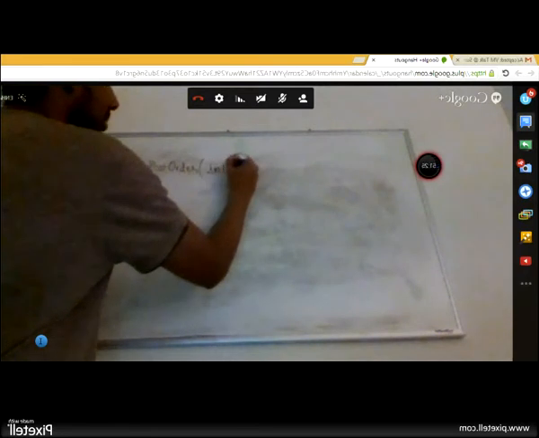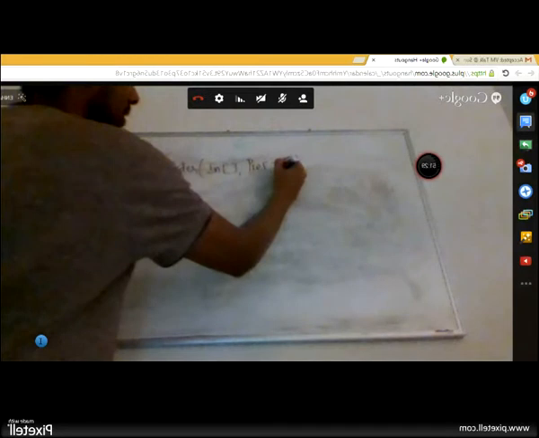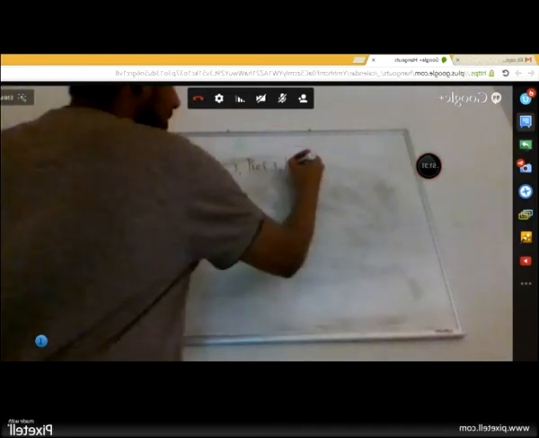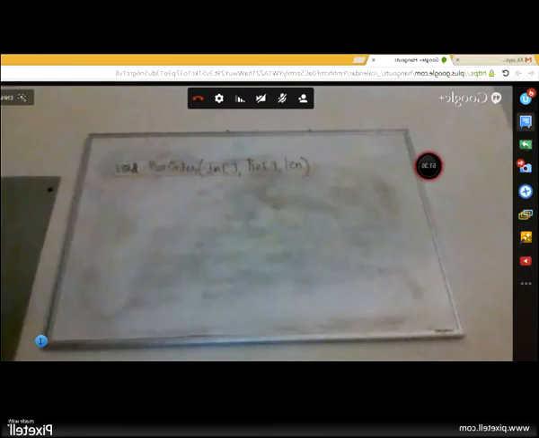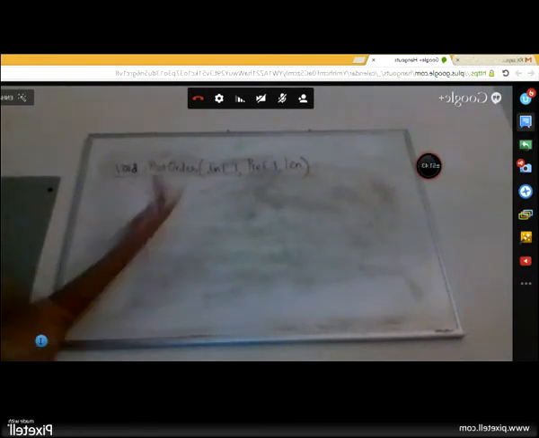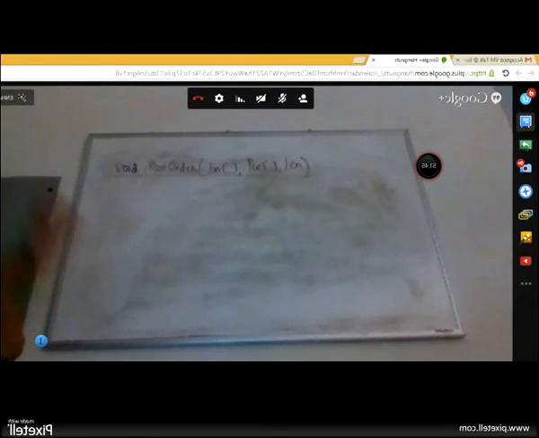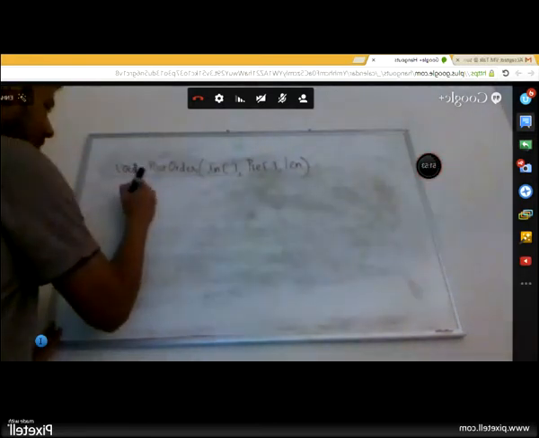Let's say I accept an array in, an array pre, and let's say I have the length of these arrays. What is the first thing that you do? You have access to pre of 0 and you need to search for it, find out where it lies in your in-order array.